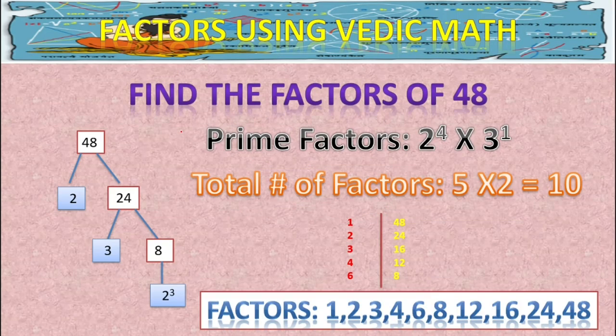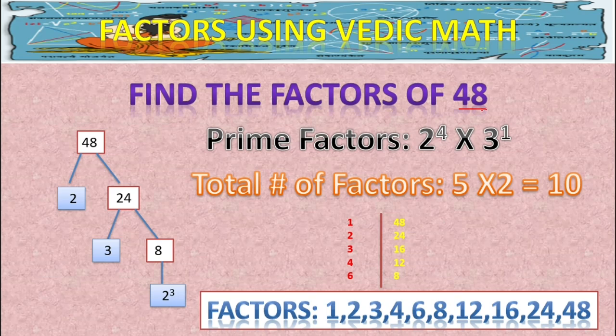And coming to the other one, how to calculate the factors of a given number, is there any method for it? As I told you already, if you take 12 or 7, it is very easy to find the factors using the already discussed techniques in my previous slides. But if you have a look at the number 48, it's a little big, right? It's not that easy to write the numbers all the way from 1 to 48 and identify the factors. It's a little bit difficult.